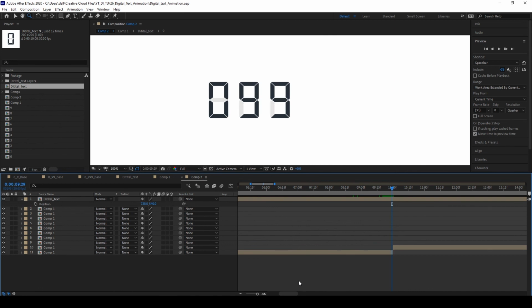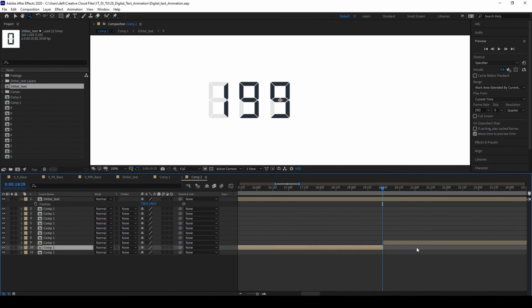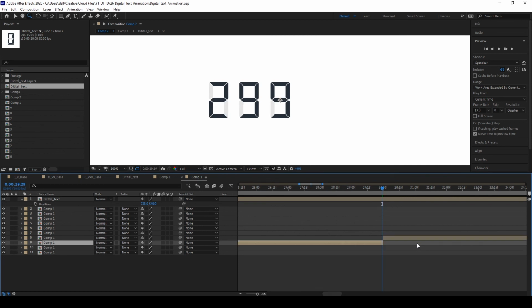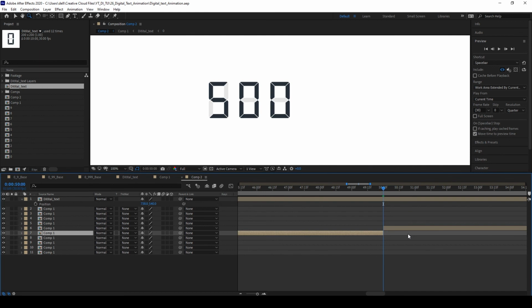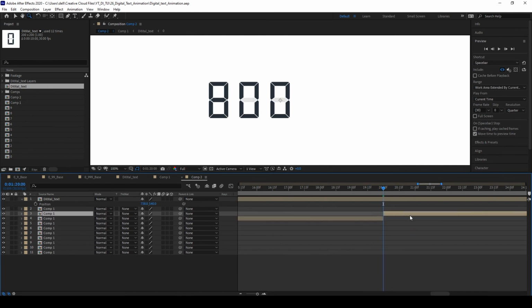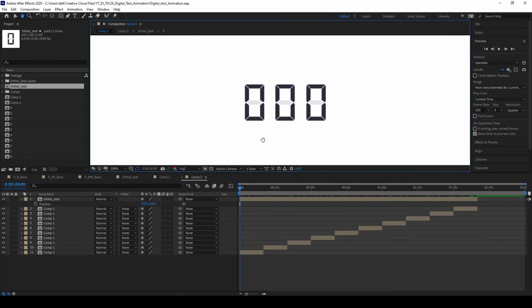See, exactly it will come to 100 and then it is coming to 99, 200. See, exactly correct. And then I'll show you the RAM preview for you.